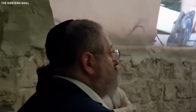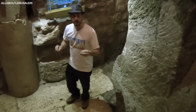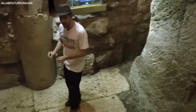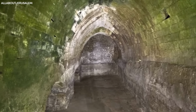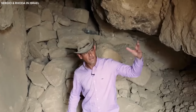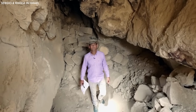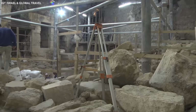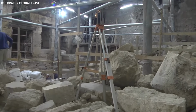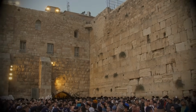Some tunnels run directly under the sacred platform of the Temple Mount itself, while others extend far beyond the visible boundaries, connecting to underground networks throughout the Old City and beyond. What's particularly fascinating is that these underground systems show different construction techniques and architectural styles from different historical periods. It's like reading a book written over thousands of years, with each generation adding its own chapters to this subterranean